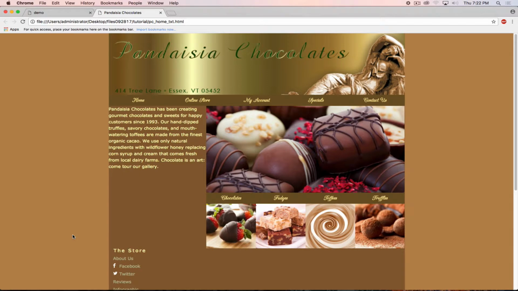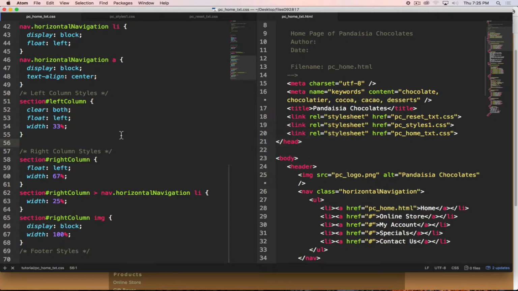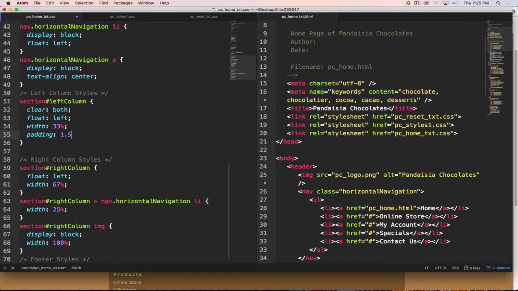And now my pictures beautifully resize themselves to fill the space. One of the things we will notice, though, is this text, it does need to kind of bump in a little bit. So we need to modify within that left column. It'd be nice to put a little bit of padding on the left and around elements just to make things have a little more space in relation to the borders. So if we look inside our left column, if I just do padding, go 1.5 ems,